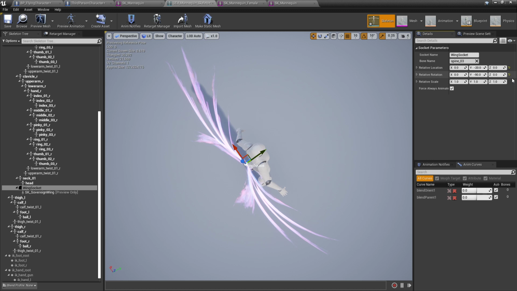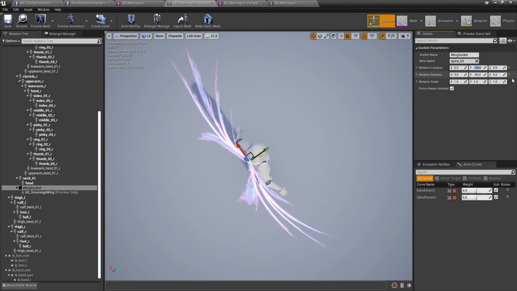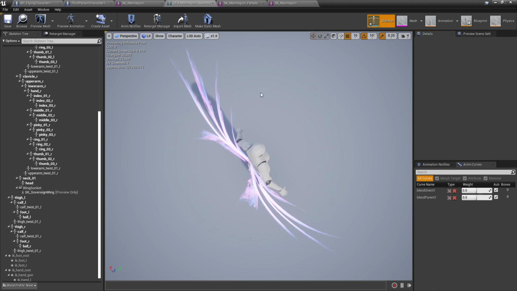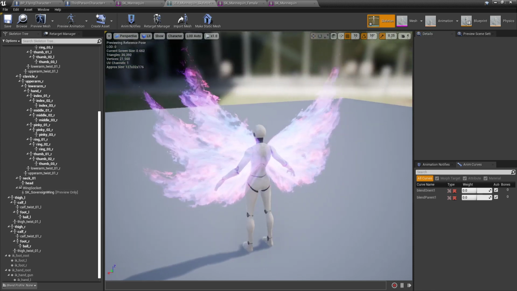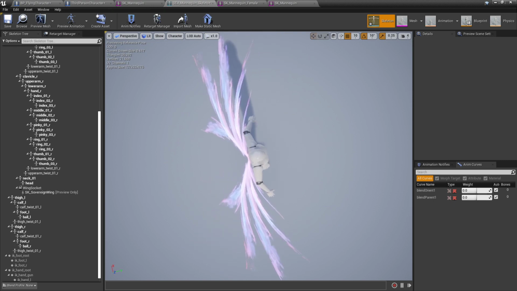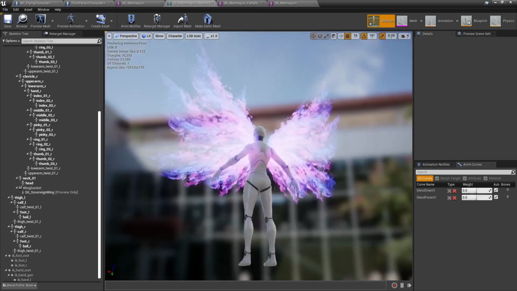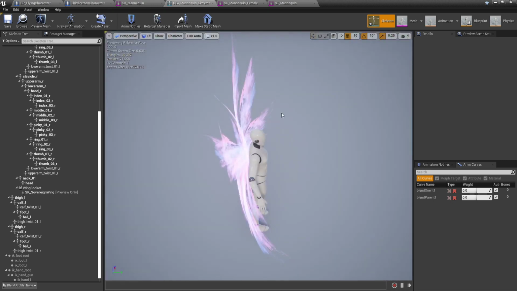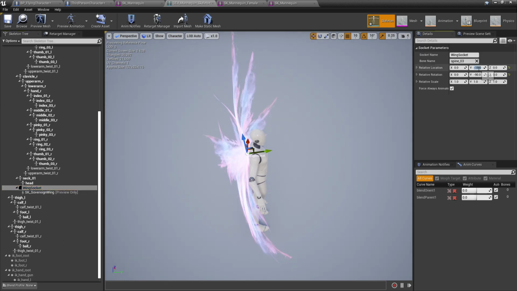Minus 15. Let's divide and conquer. Yeah, that's perfect. You won't be able to see that it's really not attached. Yeah, it's really not noticeable. But I see it. So let's go to minus